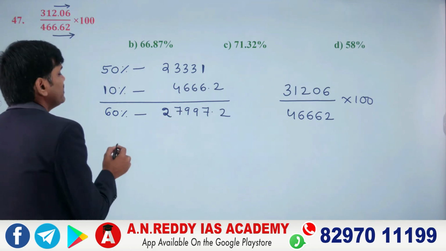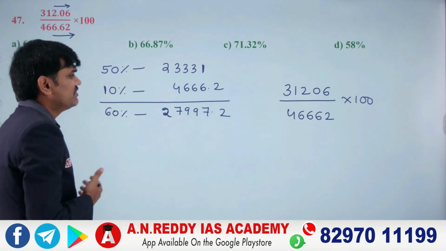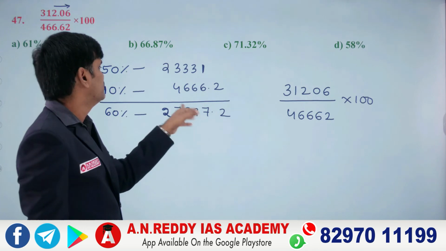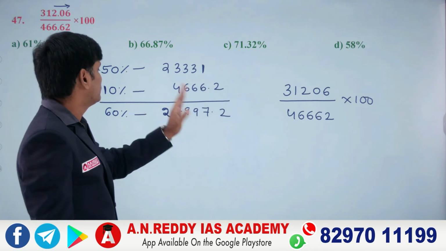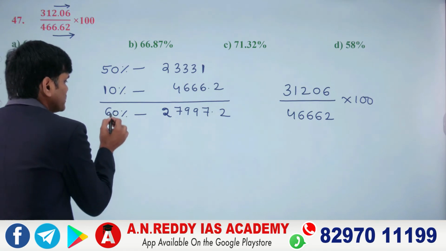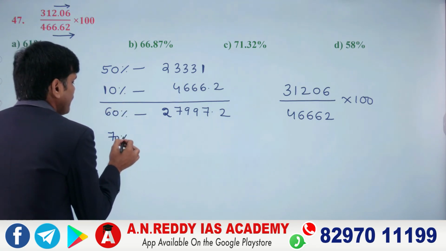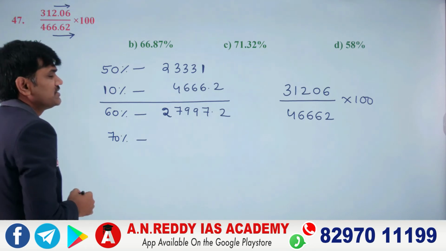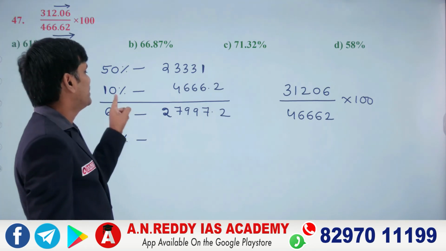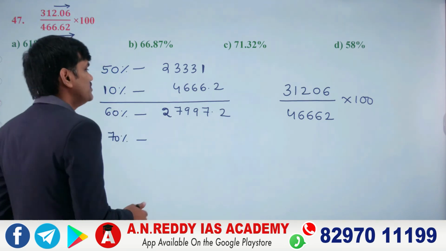If you add another 10%, that will give you how much? 70%. Yes or no? So I am at 60% here. If I go for 70%, if I add another 10%, that will give me 70%. So if I am adding another 10% to this 60, that will give me 70% over here. So 70% if I wish to get, for 60% I will add 10%, that will give me 70%. Yes or no? Now you just add and check.